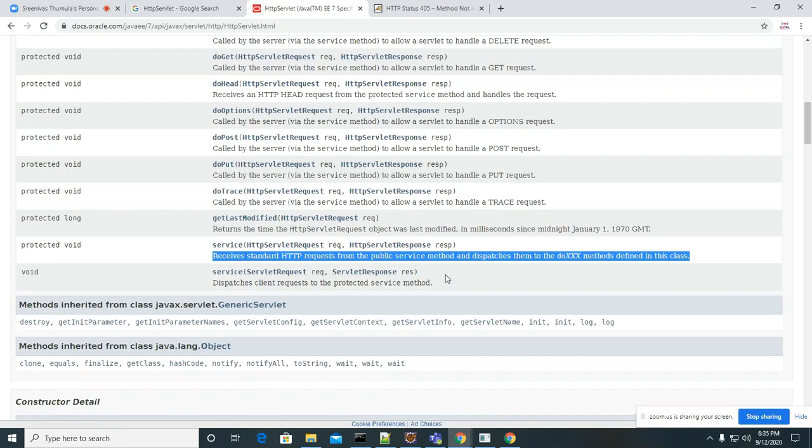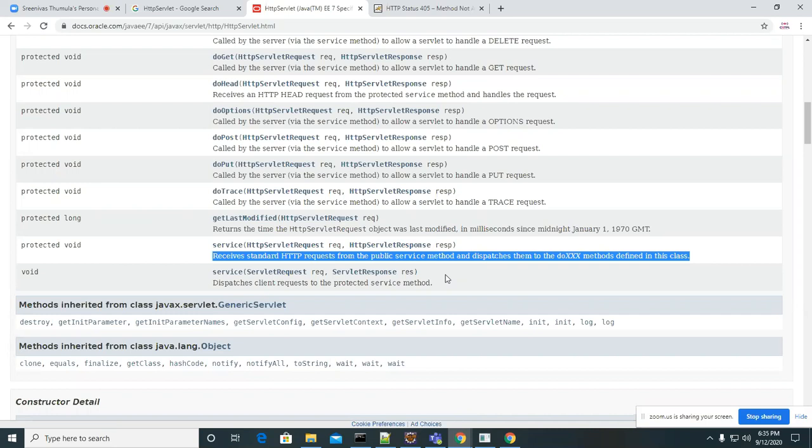That means this is the completely internal flow I am explaining, guys. Once the JVM executes this service method which takes the servlet request and servlet response, it will call internally that other service method which takes the HTTP servlet request and response.